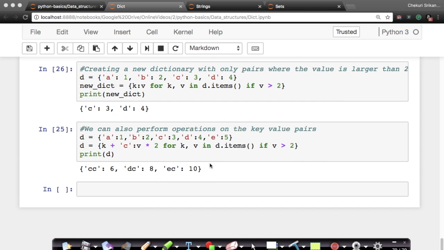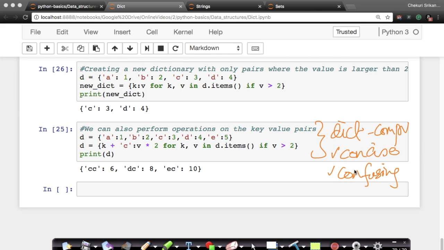Again, dict comprehensions are concise, but they can be confusing to people who come from other languages. So I personally use them sometimes, but I avoid them when I know that there might be people who do not know Python very well who might have to read this code. But it makes life very, very simple because you can write very, very concise, elegant code with